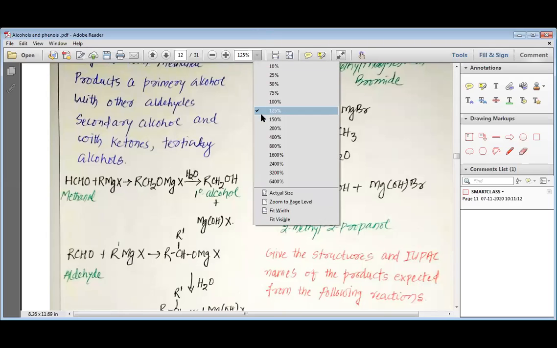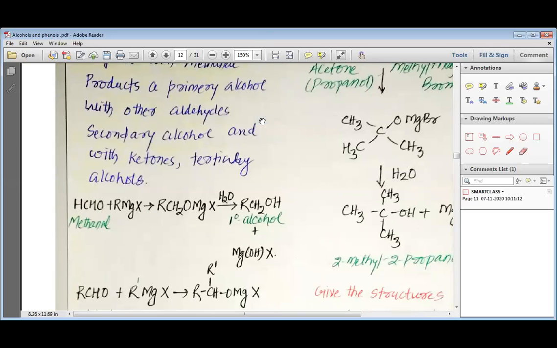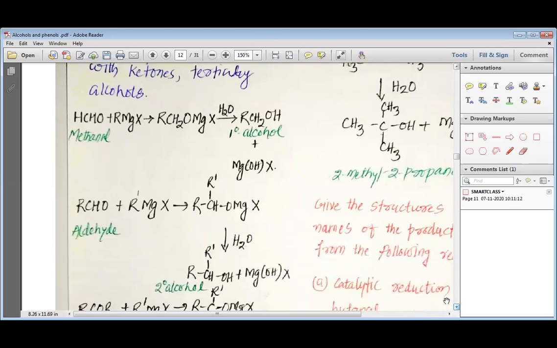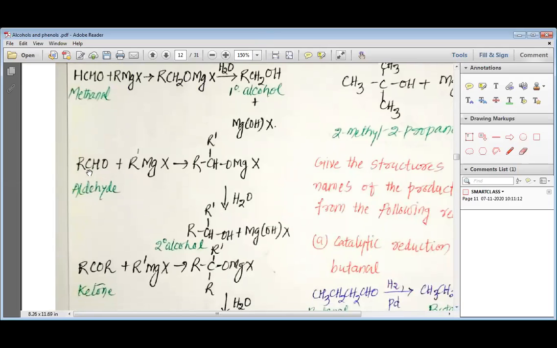When RMgX Grignard reagent is allowed to react with methanol, we first get RCH2OMgX. In the presence of water, we get RCH2OH and MgOHX. So this water is completely added to the RCH2OMgX. Same way, my dear students, if we take any other aldehyde, RCHO, and then if we add R dash